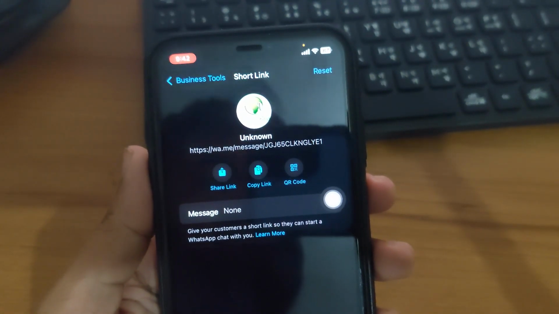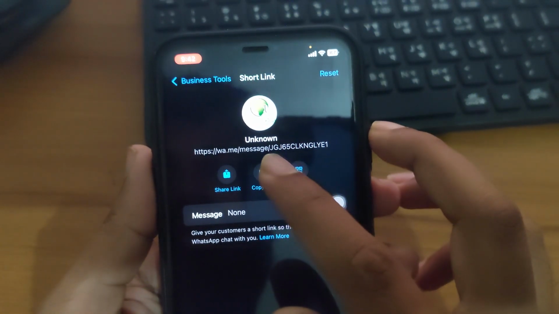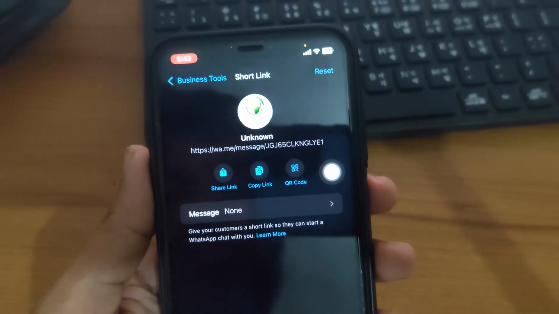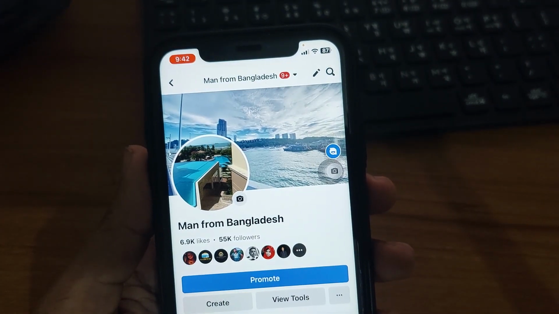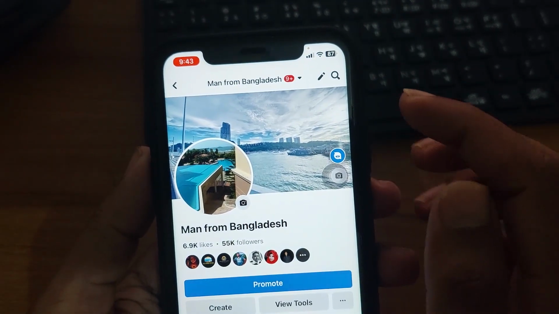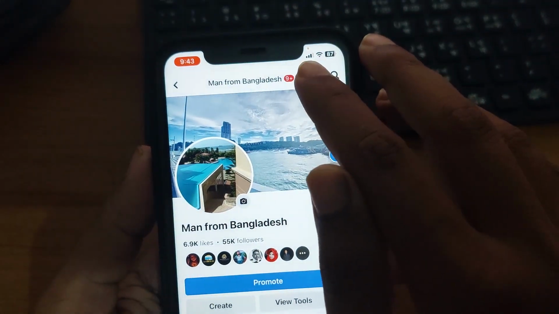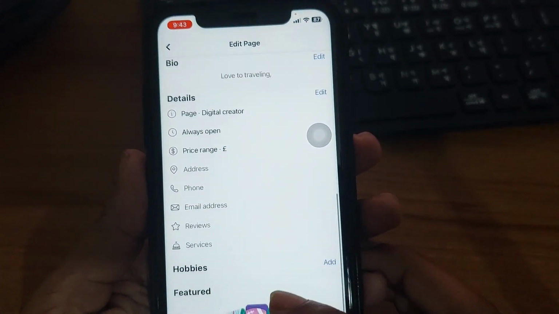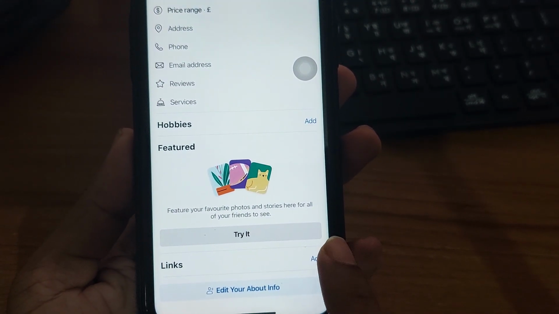So I want to add my WhatsApp link to my Facebook page, so I need to copy the link. Link copied. Now go to your Facebook, press on your Facebook profile, and in the top right corner you can see the Edit option. You have to press Edit and scroll down again and you see Link. You have to press on Add,